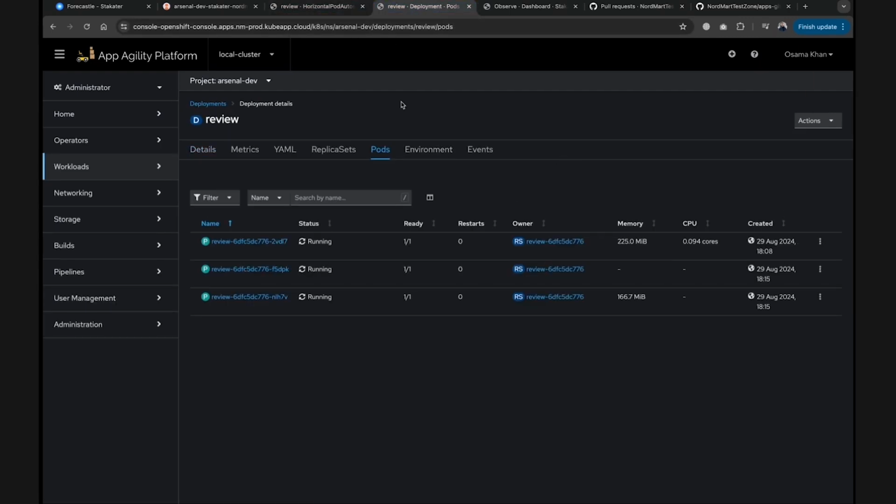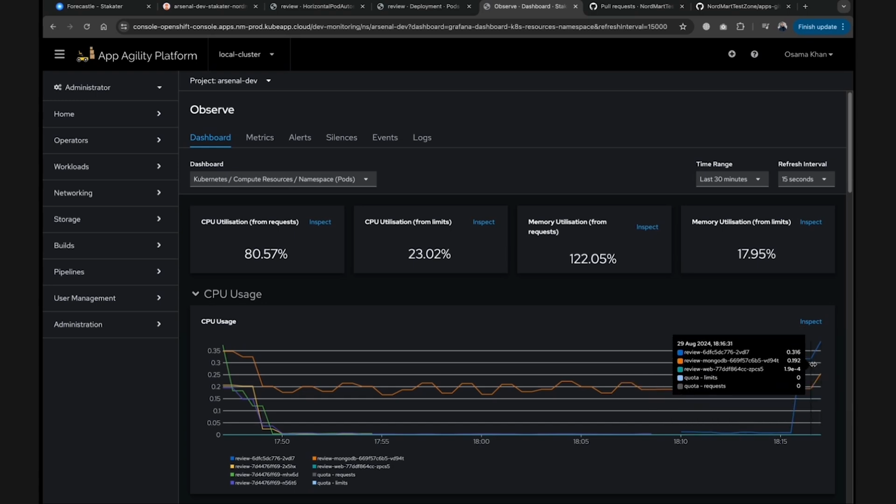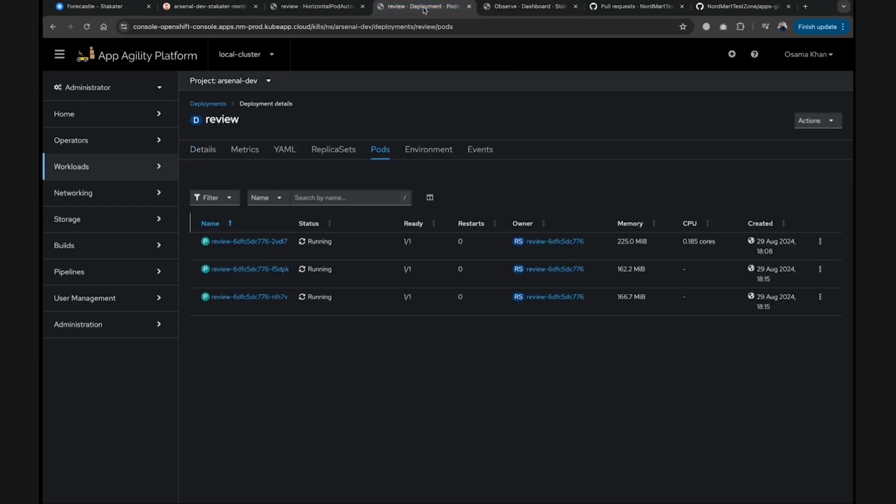I'll just keep it to that, as the spike keeps going up, so as not to have the video getting too long. So that's how